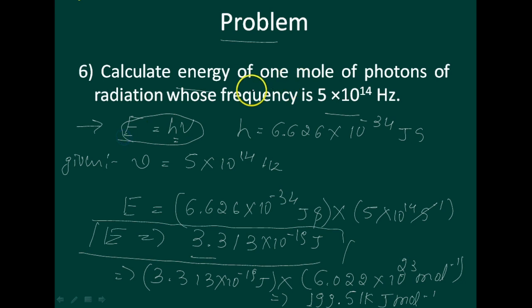So you know the formula. They are asking you to find out the energy, so E = hv. You know h and the given value is v. Substituting these values and multiplying, you will get this answer. They are asking to find the energy of 1 mole of photons, so multiplying this answer with the value for 1 mole, 6.022 × 10^23 per mole, you get this answer. Okay. The next topic is,